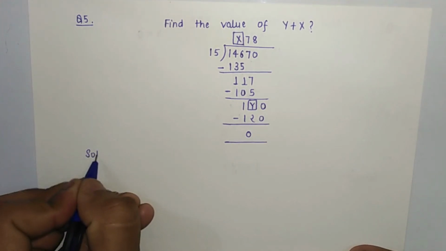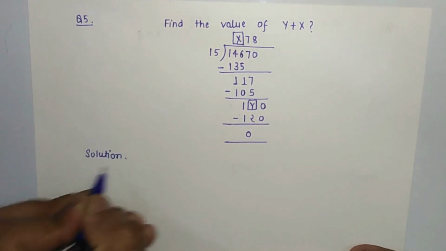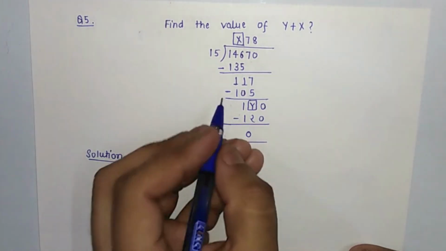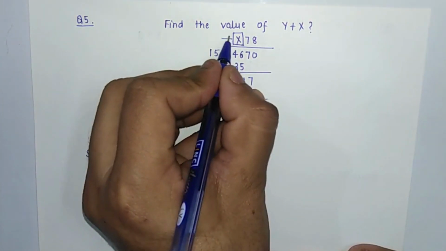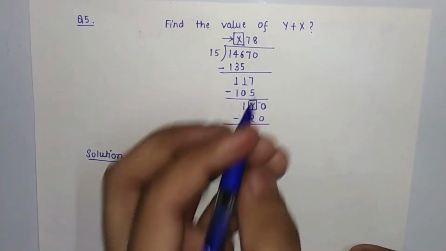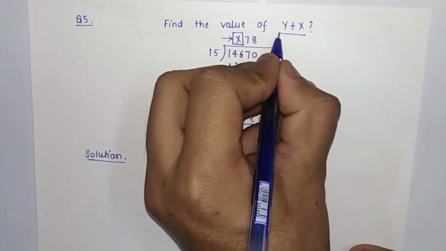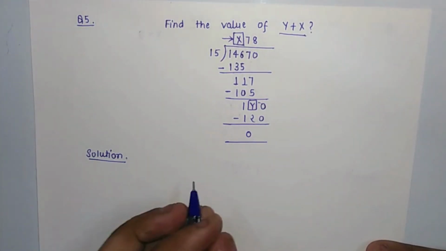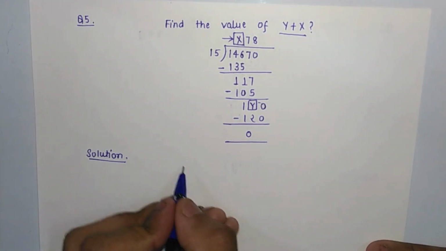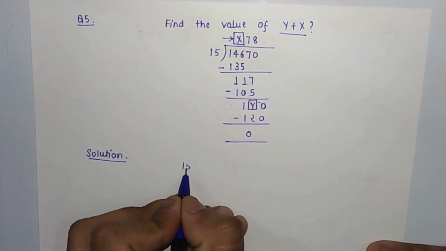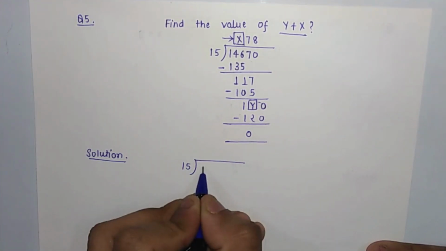Let's take a look at the final question of our day. In this question, there is a division performed, and there are some unknowns given, like x and y. So we have to find the value of x plus y. How do we solve this question? I would suggest that we simply take the division and see what comes in place of that. So suppose we do the division of